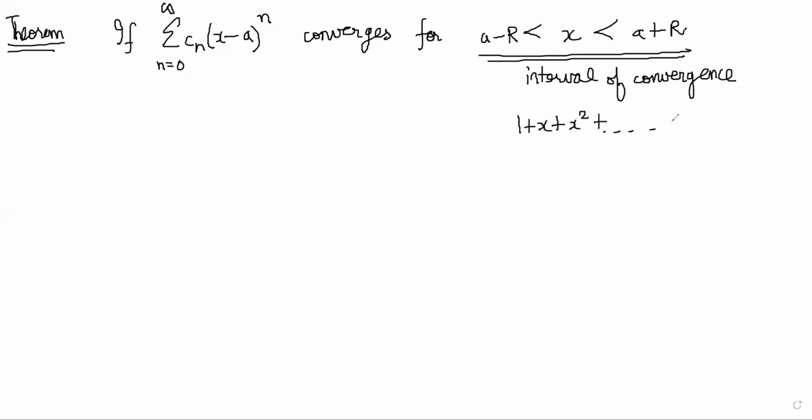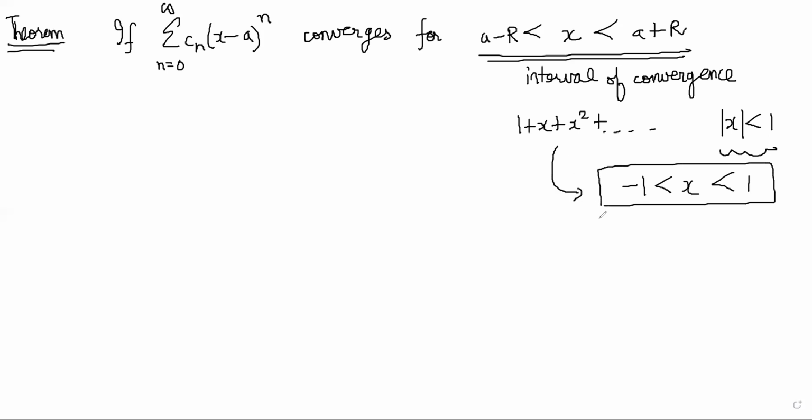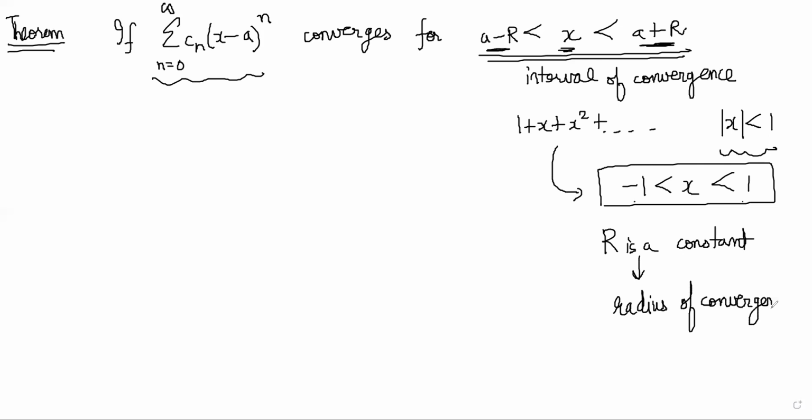So to simplify matters, think about when does the GP series that we have been looking at converge? You have to say the absolute value of x is less than 1, right? Then only it will converge, when the common ratio is less than 1. So you can write this as -1 is less than x is less than 1. So the interval of convergence for the GP power series is -1 to 1. Similarly, if this power series converges for x ranging from a minus r to a plus r, where r is a constant, that constant is sometimes termed the radius of convergence. If the series converges, then we can define